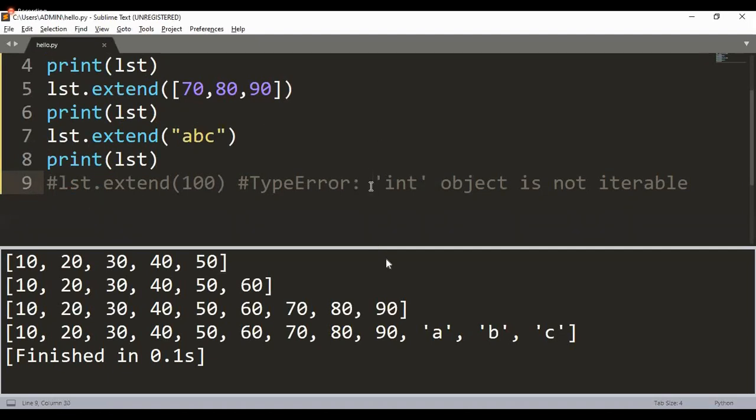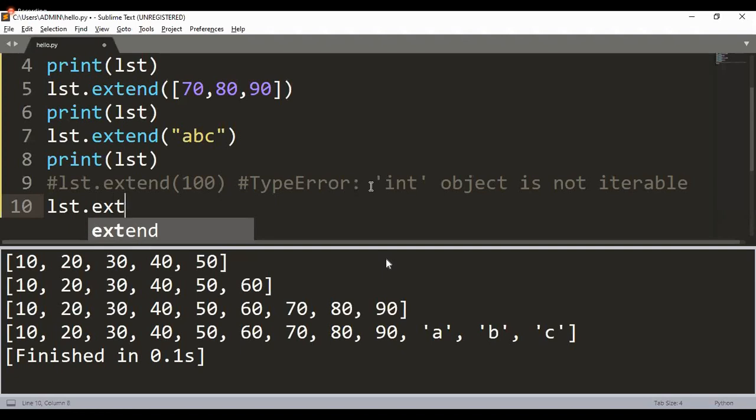If at all you have understood this program, answer me. If I would try to say lst dot extend, I know it is going to expect an iterable. So I would say, first, please store one of the elements, maybe 110 as the first element, maybe 120.